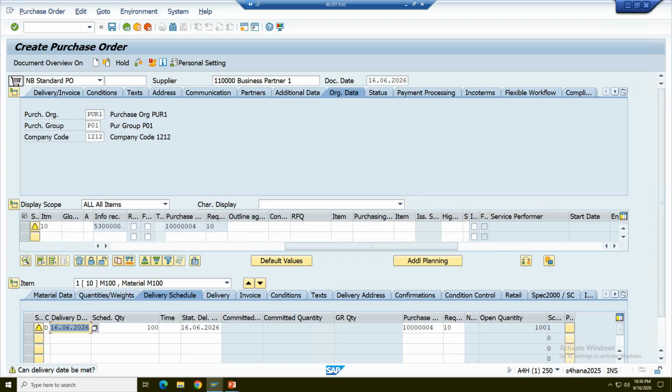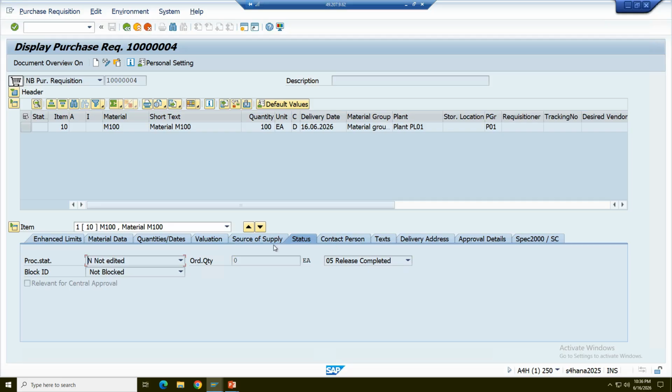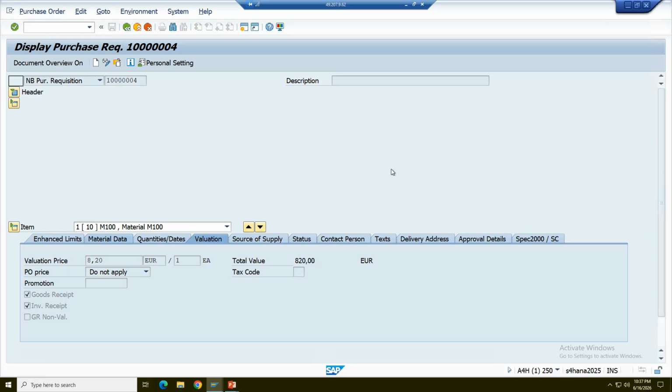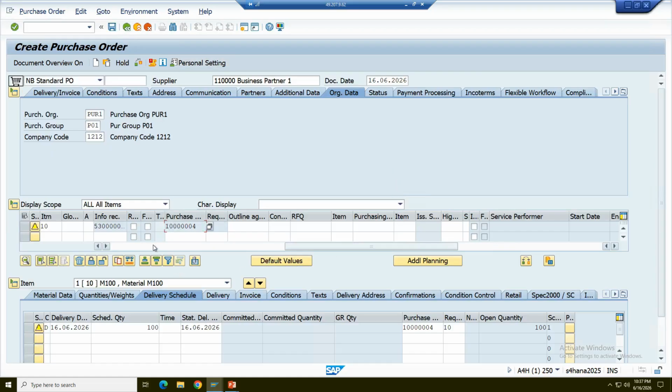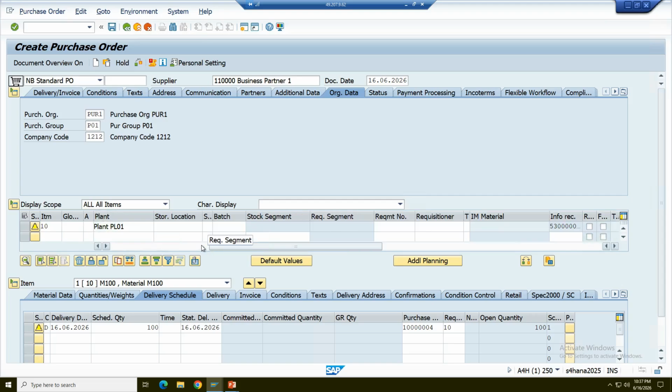Okay, and in purchase order, the price is defaulted from the... If you look at the purchase requisition, what is the valuation price? 8.20 euro, correct? But if you look at the purchase order, what is the net price? 7.2. This came from the info record. If you look at the info record,